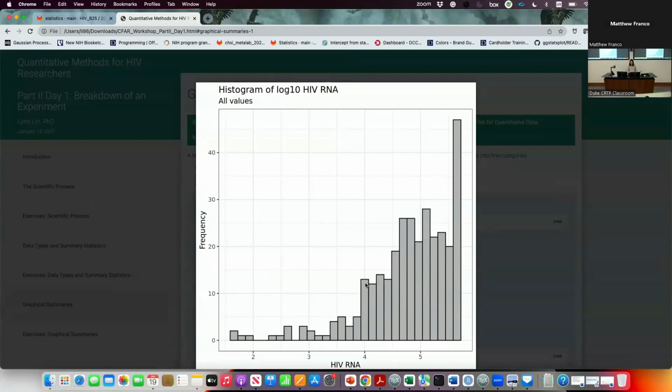And then it shows you roughly the distribution of this continuous data, right? And how do you describe from this histogram, what information can you gather by looking at this histogram? So basically, the histogram tells you those are the different bins. For example, HIV RNA is the variable that you are interested in looking at, and this is a unit, 2, 3, 4, 5, associated with HIV RNA. And the y-axis, the vertical axis, is the frequency. That is, what's the frequency of the people falling into this bin? Well, this bin is people having this HIV RNA